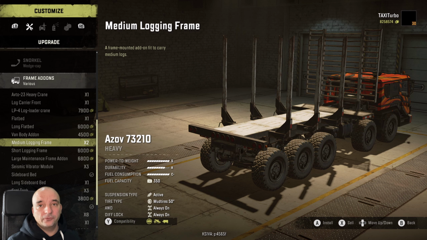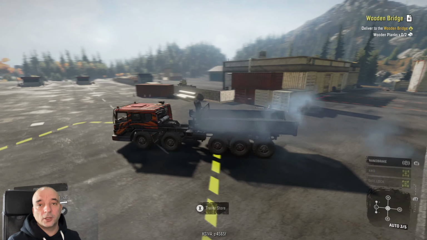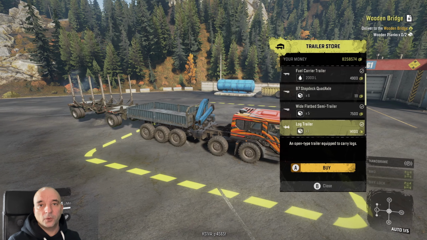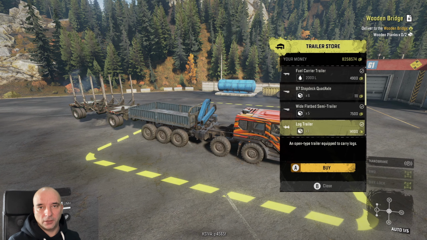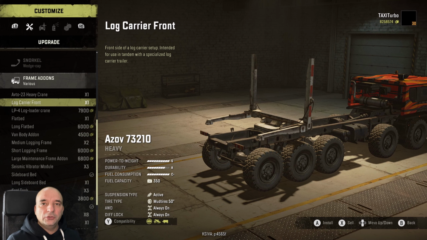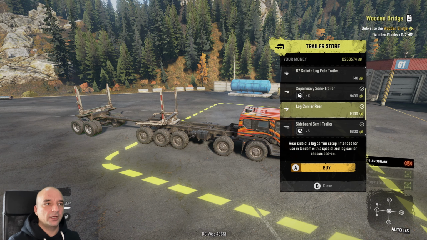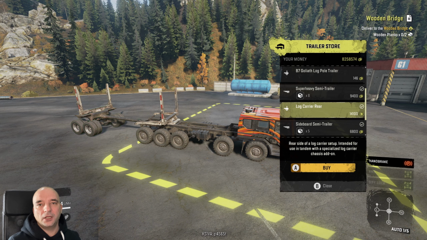Now, for the medium logs, you actually have 2 options. You can either go for the medium logging frame add-on, which also tells you in the description that it's created to transport medium logs. And just in case you're wondering, no, you can't transport the short logs with the medium logs add-on. The second option for the medium logs is buying the trailer called log trailer, which is created for the medium logs as well. And lastly, for the long logs, you need the add-on first called log carrier front, and once you have that, you need to go to the trailer store and buy yourself a log carrier rear,